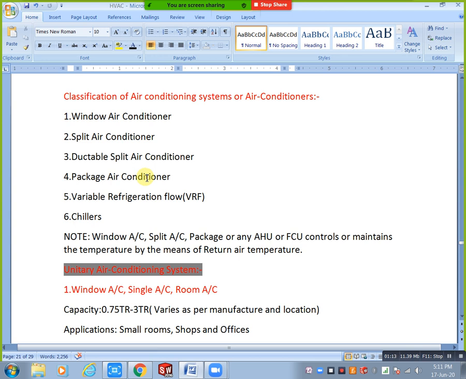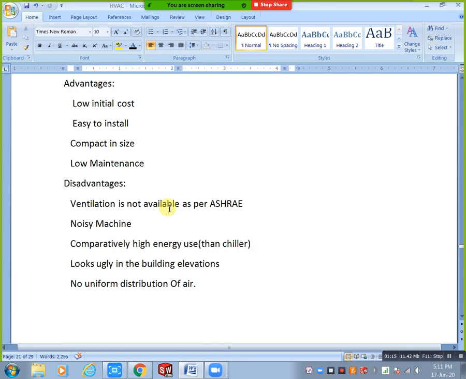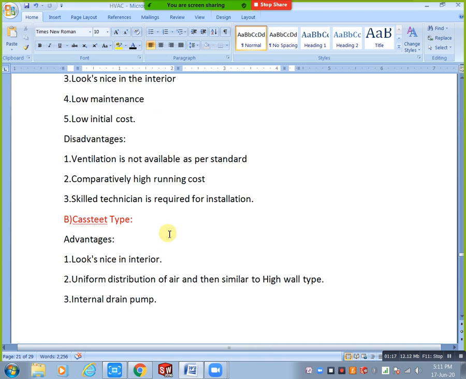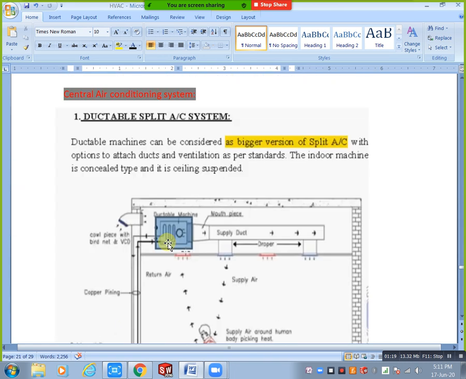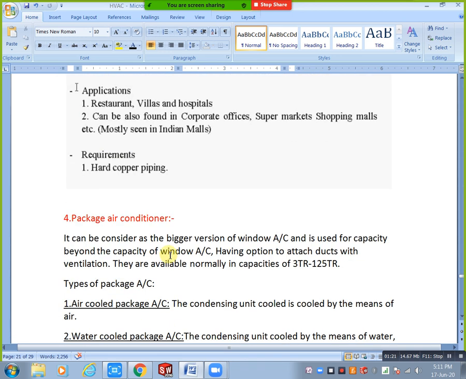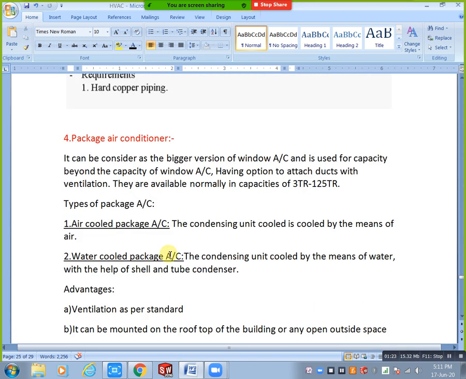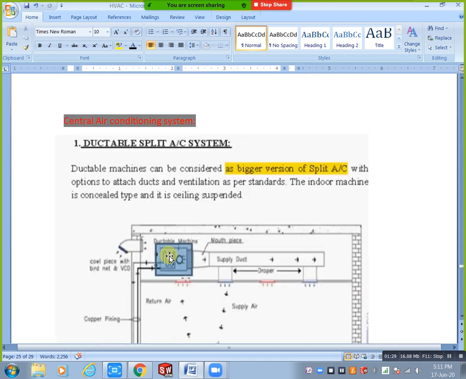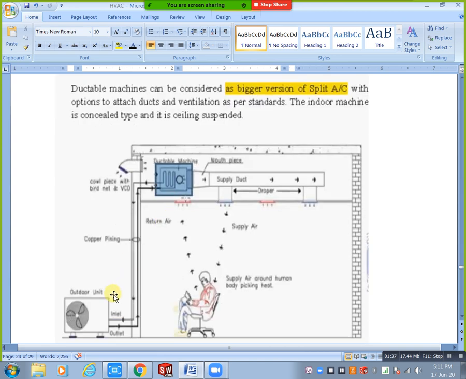Okay, in this package air conditioner system, just you can see here. Now we will discuss this topic. This is also very important. In this central air conditioning system already we discussed this one. This is indoor unit, na? Package is outdoor unit, completely outdoor. Here we have two systems. In package completely we have one system. That is the main difference.